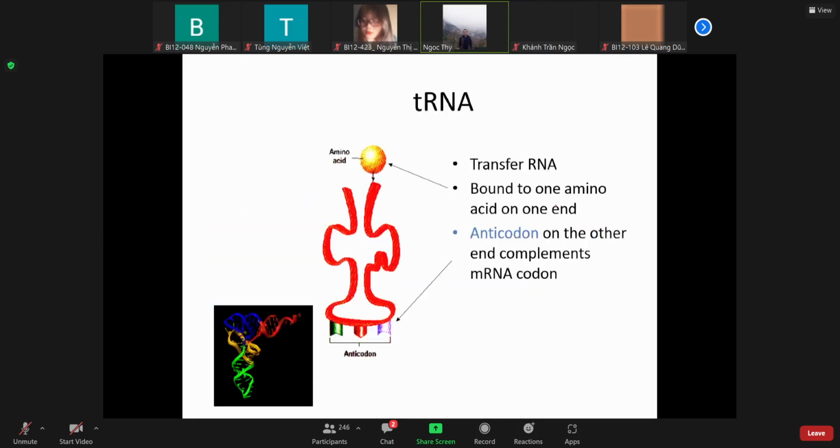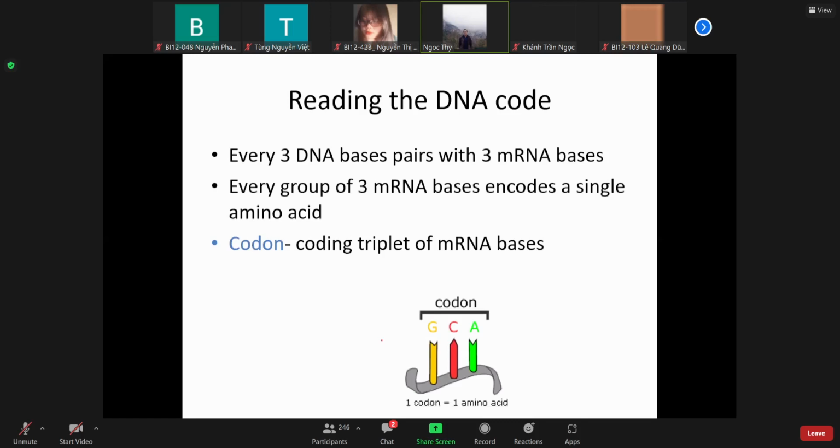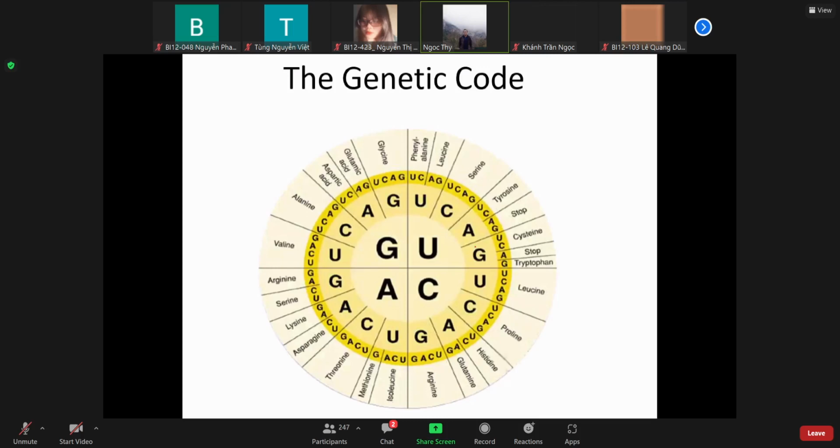So the tRNA here has a shape of a three-leaf clover, and at one end it's attached to the amino acid, and here is the anticodon, which pairs with the codon. So this is the universal genetic code that helps us translate the information of mRNA into the language of polypeptide. So for example, if we have a codon called UAU,